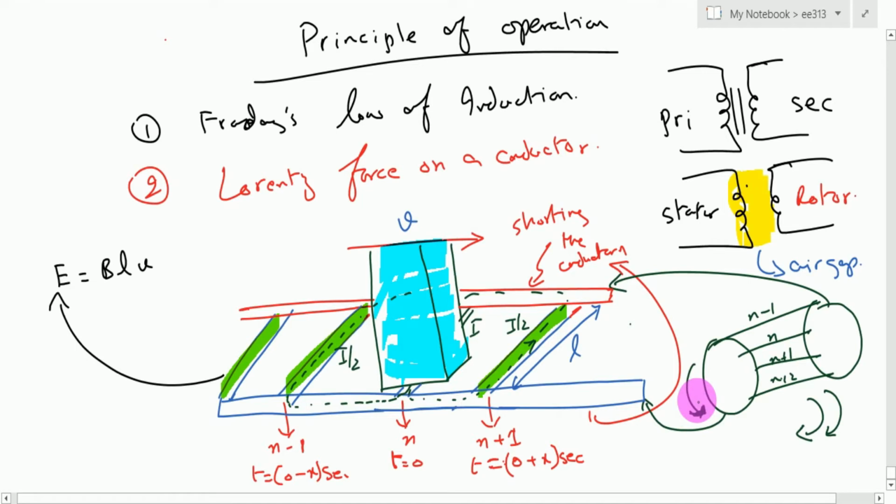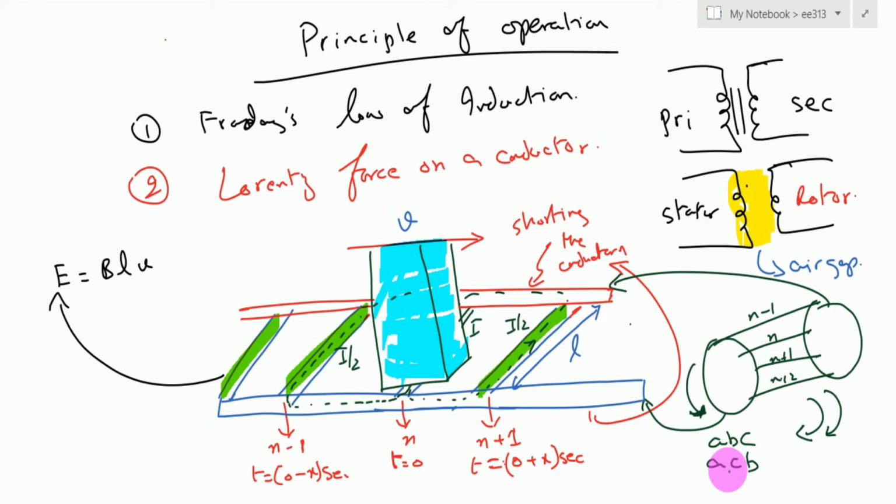If the magnetic field is rotating in the counterclockwise direction, then the rotor will also move in the counterclockwise direction. Remember that in a three-phase electrical circuit, changing the direction of the movement of the magnetic field only requires changing the sequence from ABC to ACB. So if we change the sequence of two phases, then the magnetic field will change its direction from clockwise to counterclockwise and vice versa, and consequently the direction of the rotor will also change when it comes to the operation of the induction machine.